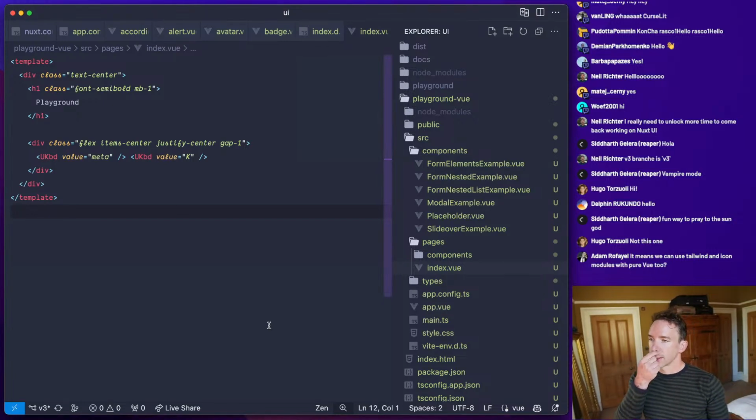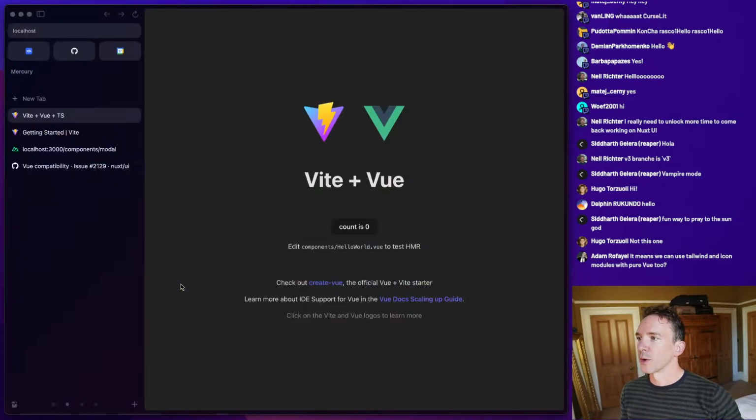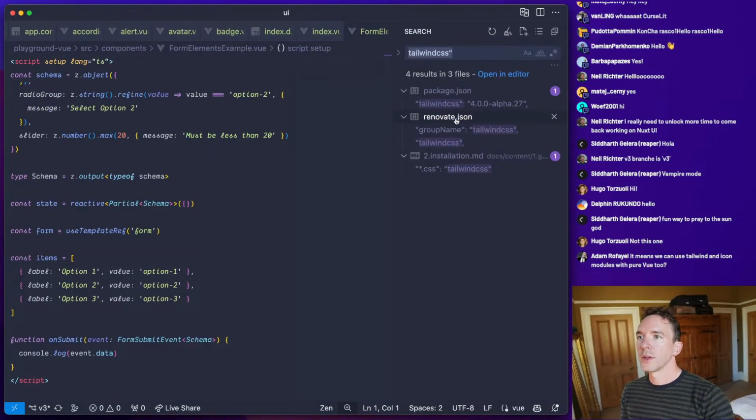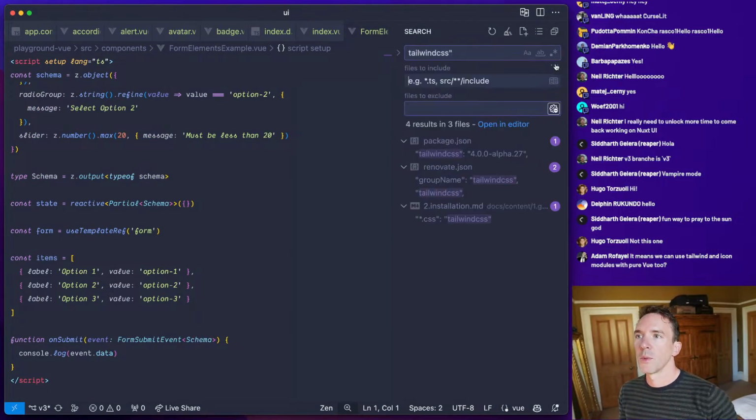So yeah, the idea is that this should work. The aim here is that this should work with plain Vue. So at the moment, I think this is going to be badly broken. So if I refresh that, yeah, there's no file Nuxt UI. Well, okay, we want to look in playground Vue. Let's see where we're referring to it.